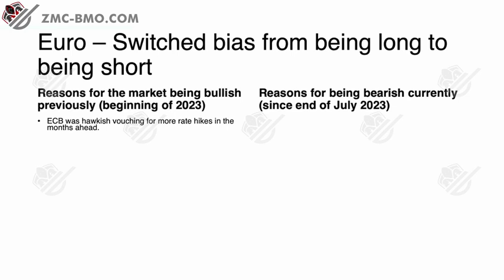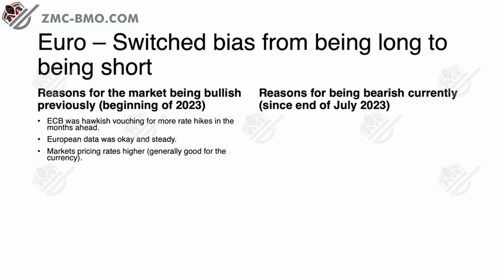The ECB was hawkish, vouching for more rate hikes in the months ahead. As we know, that's pretty good for the currency. European data was okay and steady. If European data was weak and the ECB was hawkish, then yes, the currency would weaken in that environment, because higher rates in a weakened growth environment are bad for the currency since they put more pressure on the economy. But at the time, the data was okay and steady in Europe. Then we have markets pricing rates higher, which, as we know, is generally good for the currency. So obviously what they were stating there is, based on all the data we're seeing, inflation, wages, etc., they think they can hike 75 basis points more or 50 basis points more.